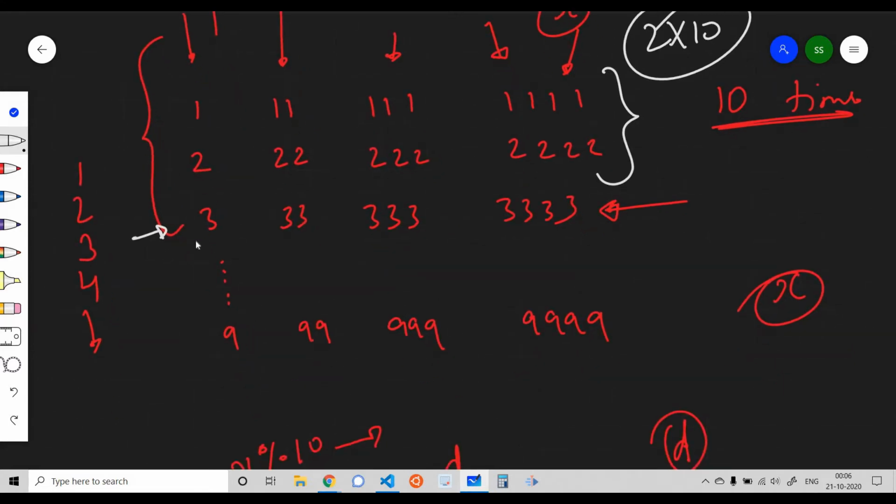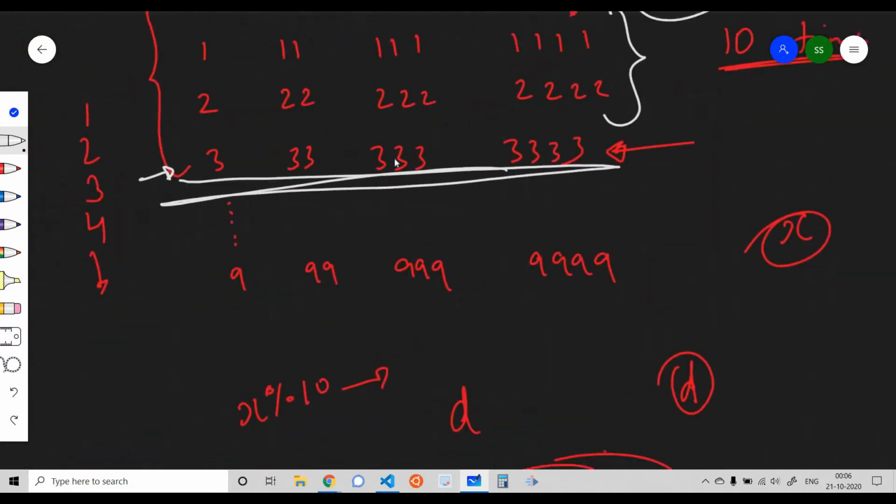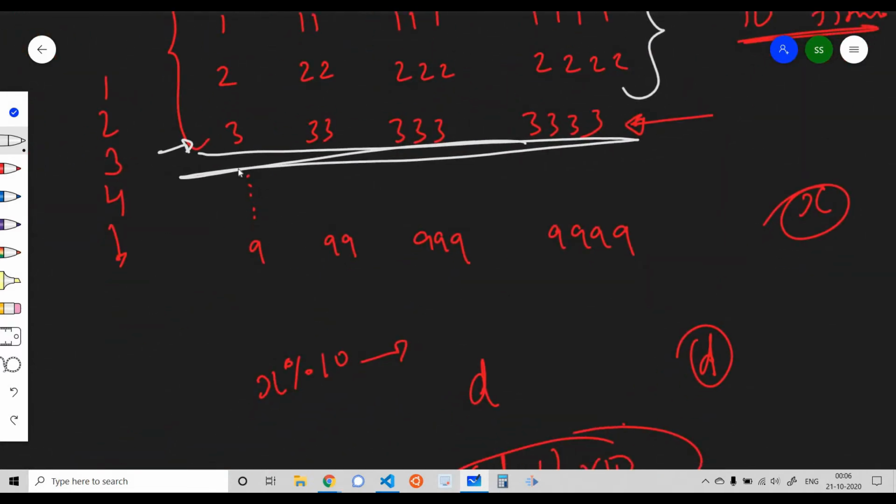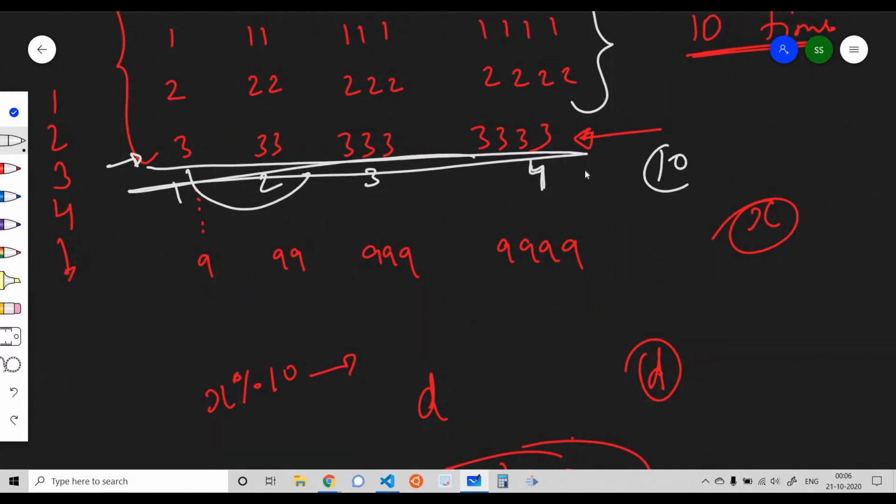Then we'll check how many digits are there in that particular number. If there are 3 digits in x, then we would have pressed the key 6 times, 1 for this, 2 for this, 3 for this and 4 for this. If the number of digits in our number x is 2, then we would have pressed the key 10 times for this particular row.